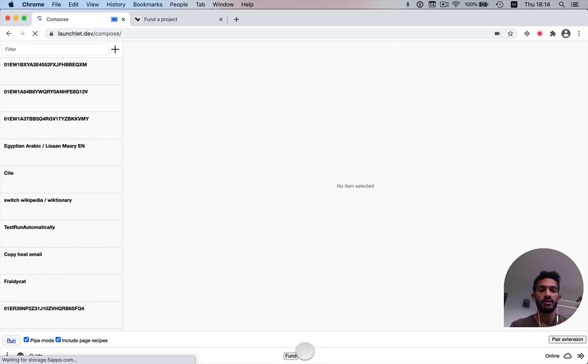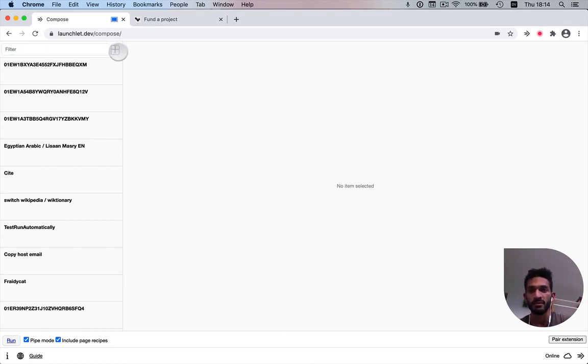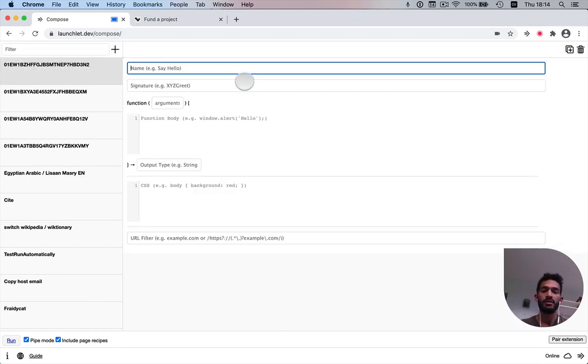I notice that the fund button checks something and then disappears. And now, again, I can create a new document. Notice how this is just a personal decision that I made about how the system works. I don't like the idea of locking people out of their stuff if they can't authorize for some reason,